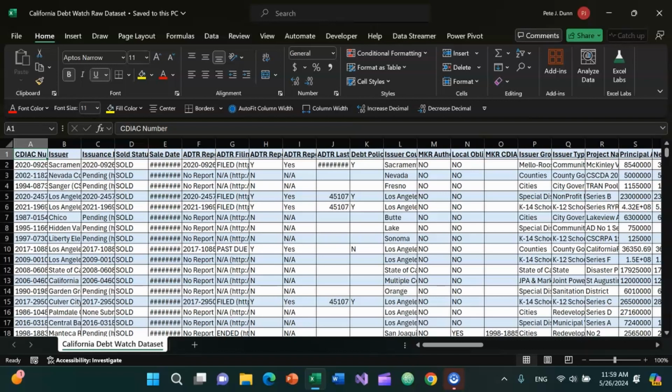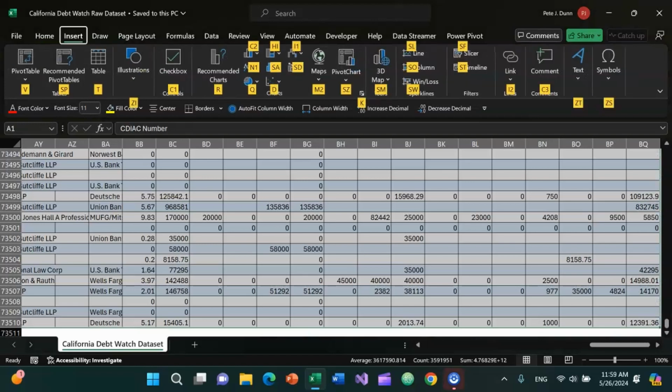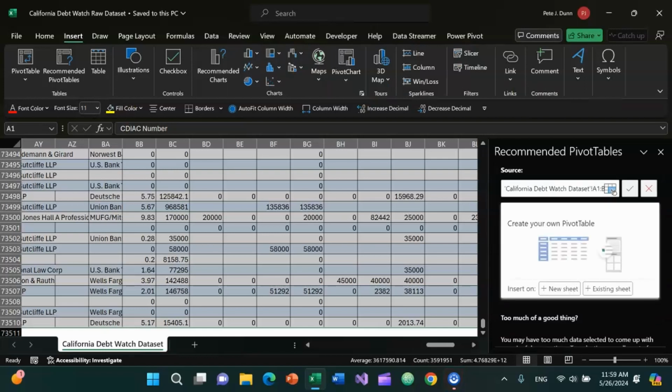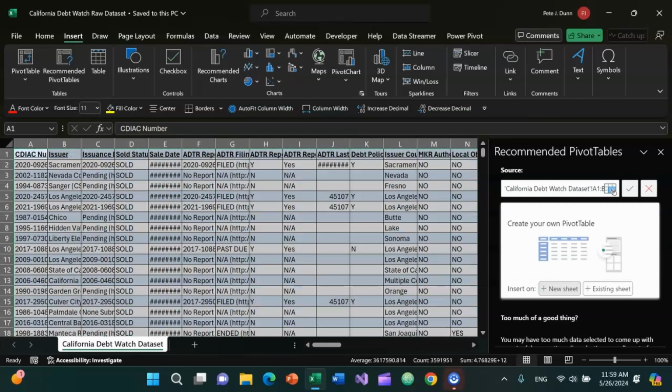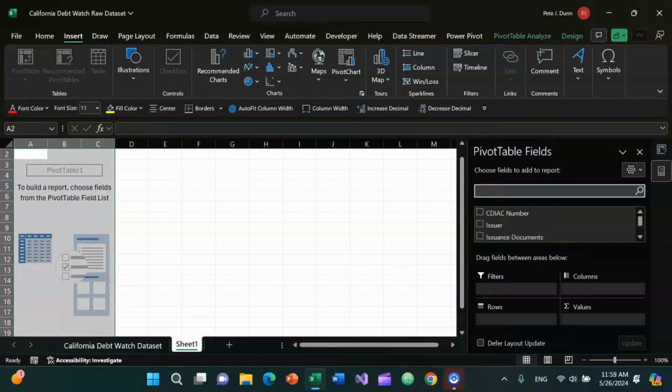Press Ctrl A as an alpha to select the entire data set. Alt N is in November, S is in Sierra, P is in Papa to insert recommended pivot tables. I'm going to tab over to New Sheet and press Enter. Then I'll go down here, Control,